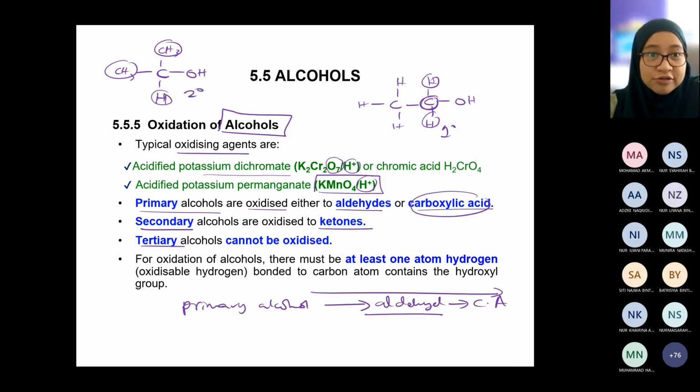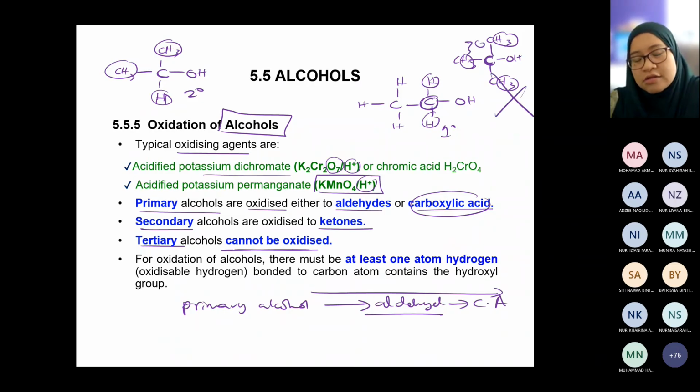Okay, so this is secondary. So dia ada at least satu. Kalau tertiary, masalah tertiary adalah dia carbon ni tidak ada, tidak attached to at least one hydrogen. Bukan cerita yang ni, ini bukan carbon, ini kita kena direct to the carbon yang attached to OH. Kita mesti ada hydrogen attached to the carbon itu sendiri. So dia tak ada. So that's why dia tak boleh